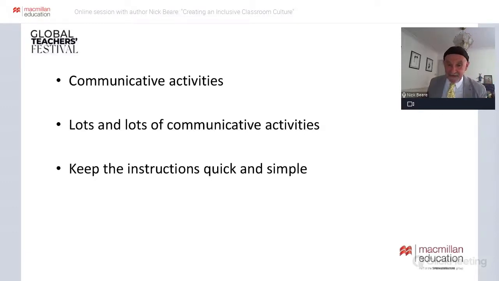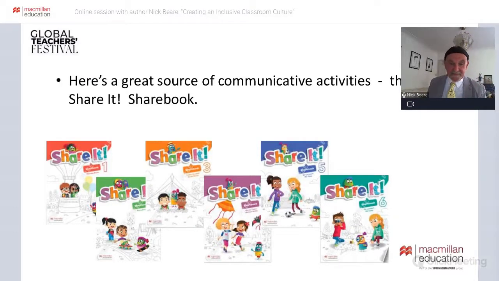So what you have to do, of course, is go immediately to, here it is, the fabulous Share It Share book, which is like an extra bit you get with Share It. And this is really good because these are for every level. You've got 6 levels of Share It. Every single one has a share book, and those have very clear